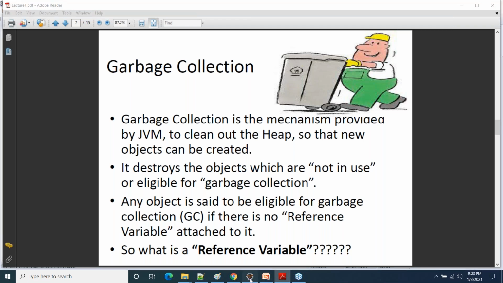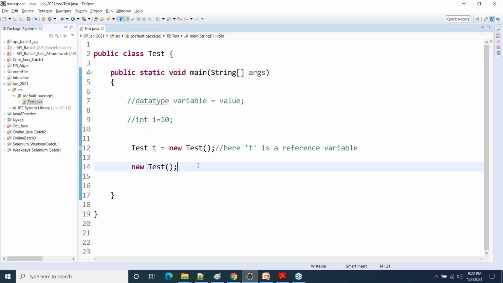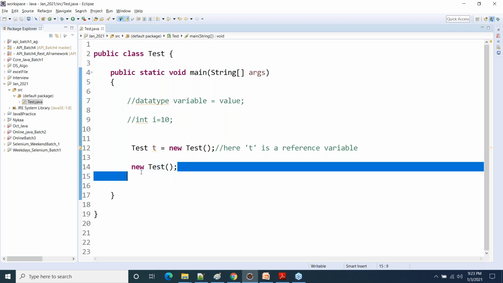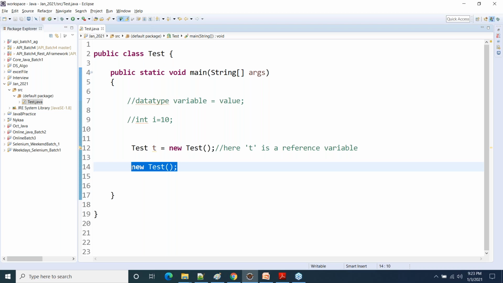Garbage collector destroys only those objects which do not have a reference variable. It does not touch those objects which contain a reference variable. So in this class, the second object that you are creating, the garbage collector will destroy only the second object.